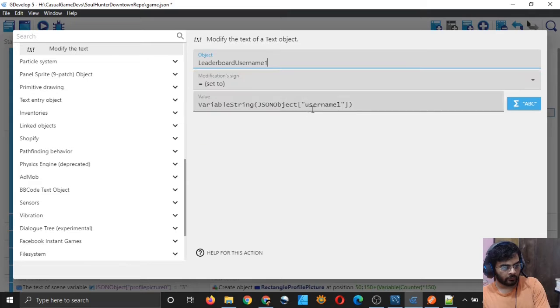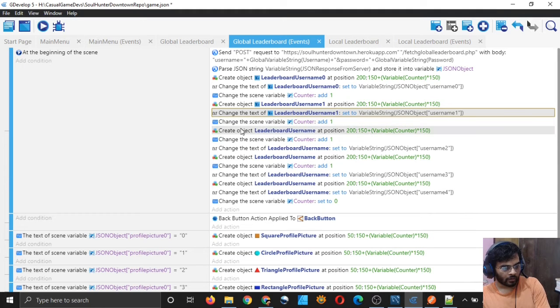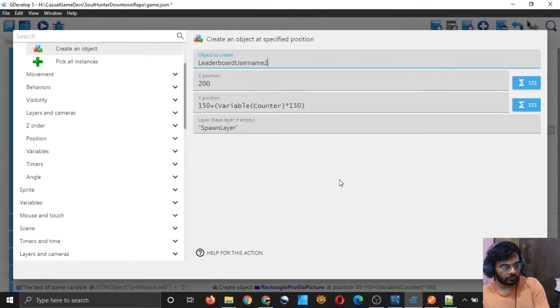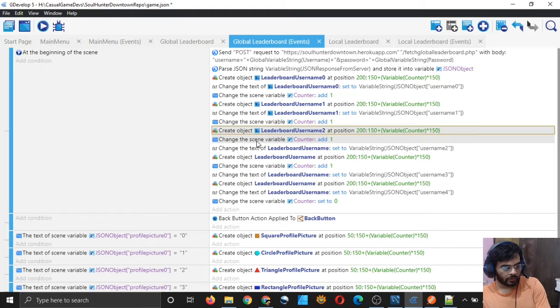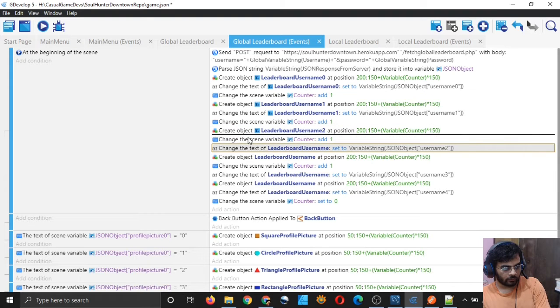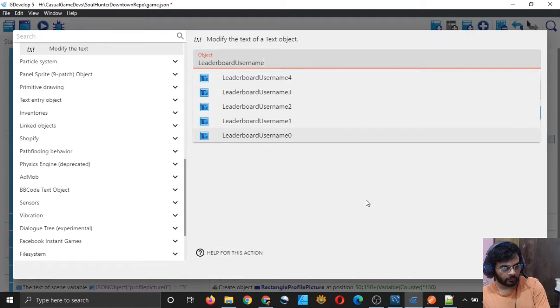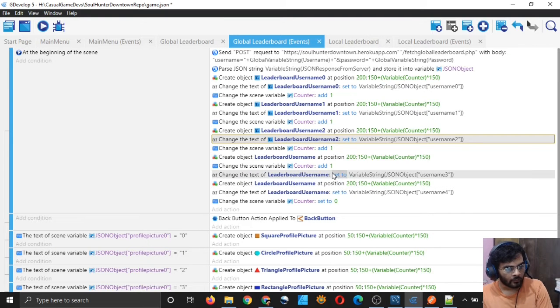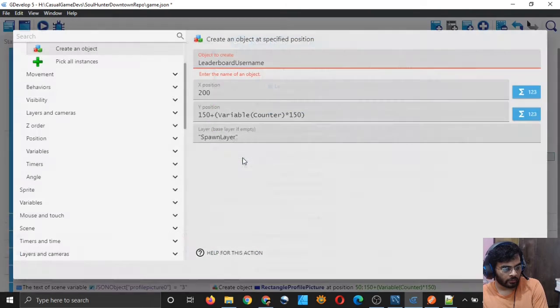Give username 1 the text value, and then increment the counter, and then I will create leaderboard username 2, and give it a text value of username 2. Then I will increment the counter variable.